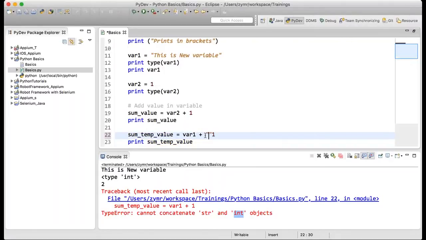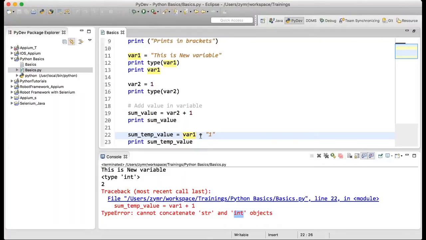I will simply put it in double quotes. The operator plus will act as a joiner between two strings when two strings are given as its left operand and right operand. I hope you are aware of the term operand.